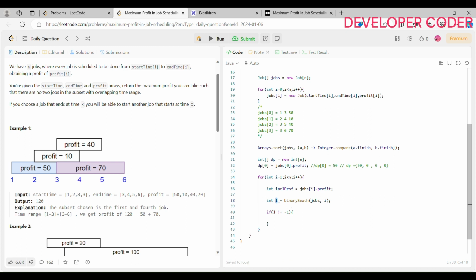But if we get any other value than -1, then we are going to include the profit. Okay, so then we are going to include the profit and add it with dp of l. Okay, includeProfit plus is equal to dp of l. Okay, and then